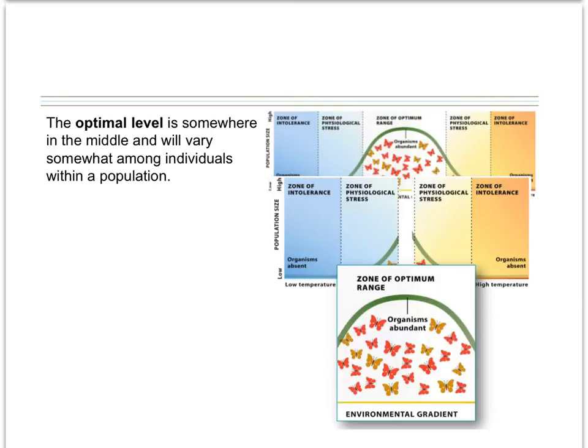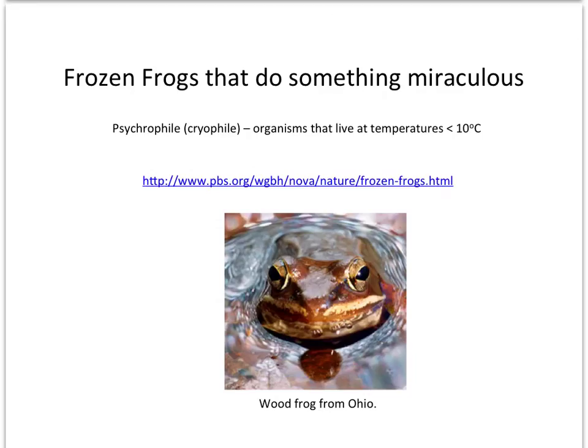This video describes a very unique adaptation of this wood frog in Ohio. This frog is able to tolerate conditions that are very, very cold, some conditions that we have here in Ohio and in other parts of the Midwest. This organism actually can freeze itself in the wintertime and then basically come back to life in the springtime. So this is a very unique organism, and this video really shows how it works. It's a very cool organism that has evolved to live in this particular biome.